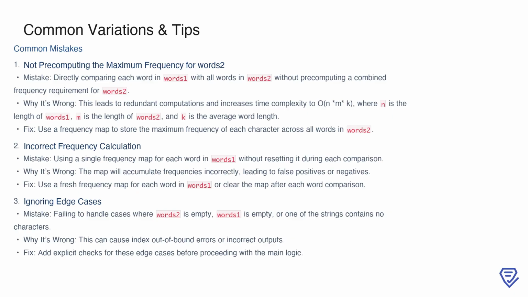If you reuse the same frequency map for all words in words 1 without resetting it, the frequencies will accumulate and lead to inaccurate results. The solution here is to either use a fresh map for each word or clear the map after each comparison. Additionally, ignoring edge cases like empty input lists or strings with no characters can result in errors or incorrect outputs. A good practice is to add explicit checks for these scenarios at the start of your solution to handle them